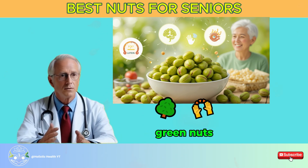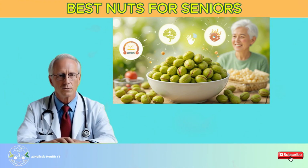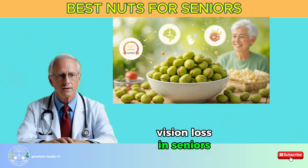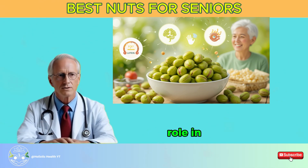These vibrant green nuts also support vision and brain health through their concentration of antioxidants lutein and zeaxanthin, carotenoids that protect the macula and may help reduce the risk of age-related macular degeneration, the leading cause of vision loss in seniors. Lutein is also found in brain tissue, and emerging studies suggest it may play a role in maintaining mental